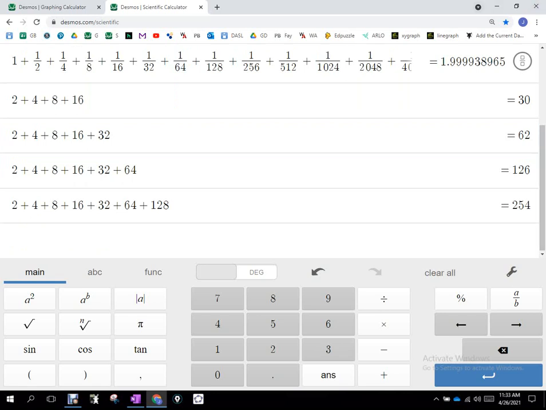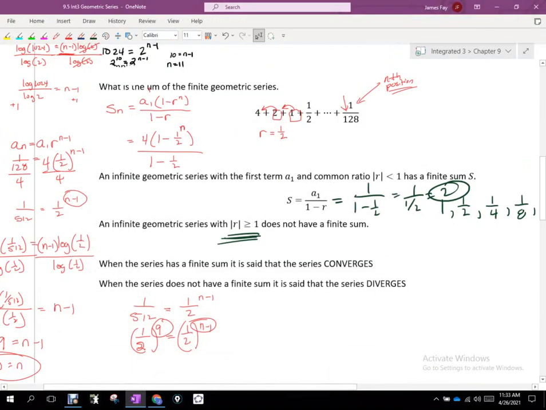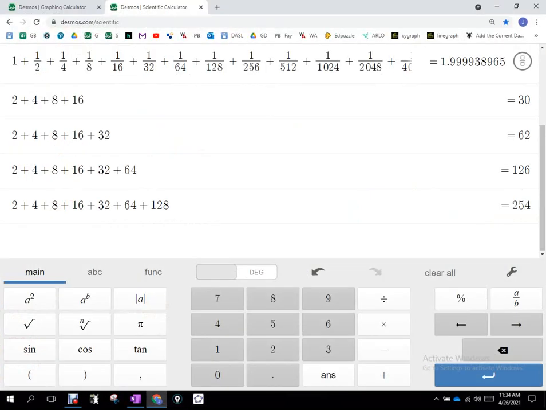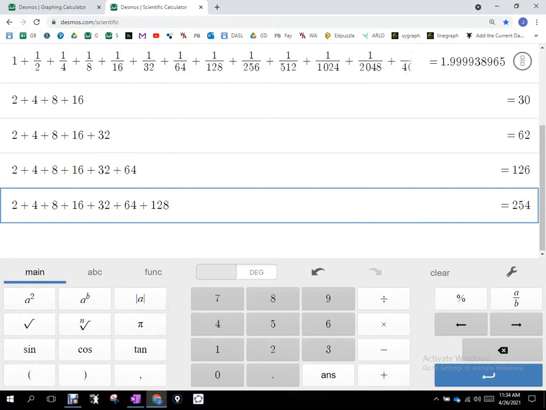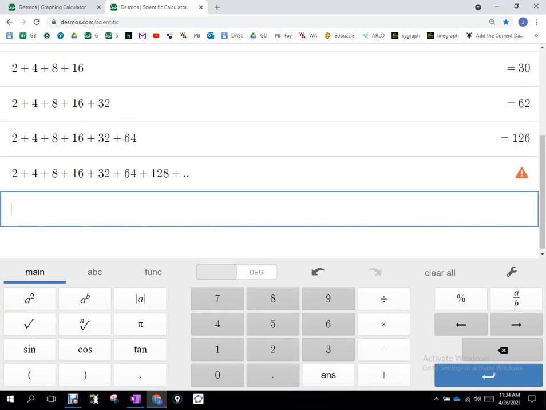Okay? And that's because the common ratio was bigger than 1. If your common ratio is between -1 and 1, you will have a finite sum. If it's outside those values, you will not have a finite sum. And basically what that means is that the sum of this sequence that goes on forever would go to essentially infinity, or negative infinity depending on what r is,